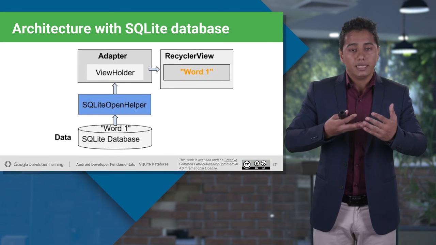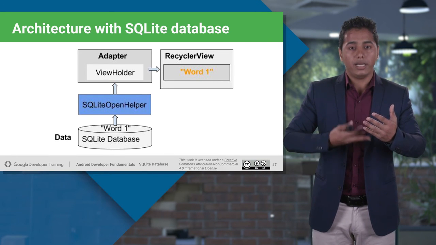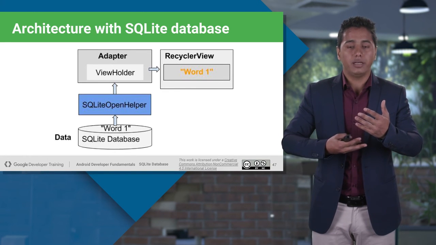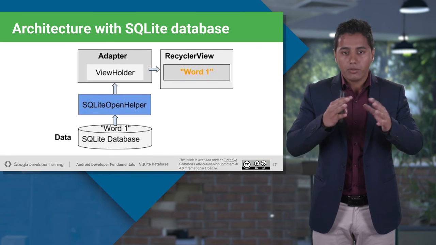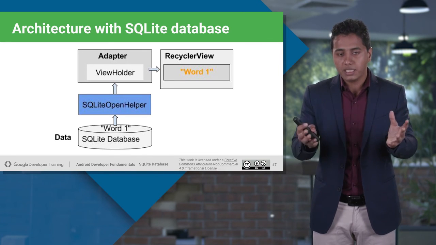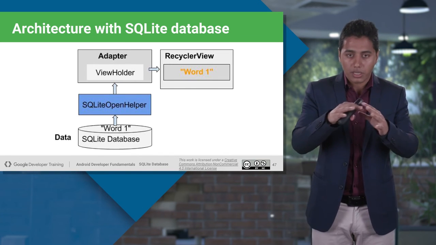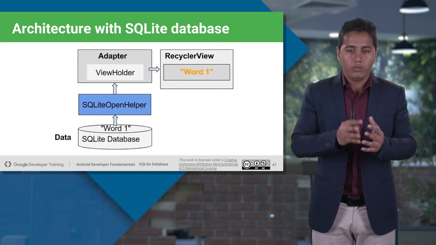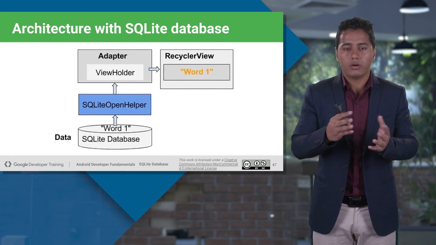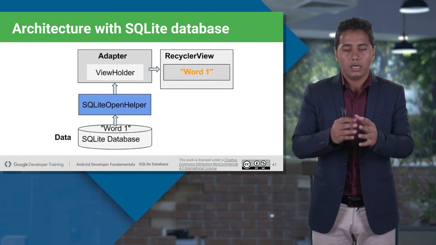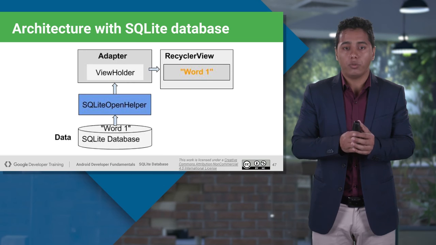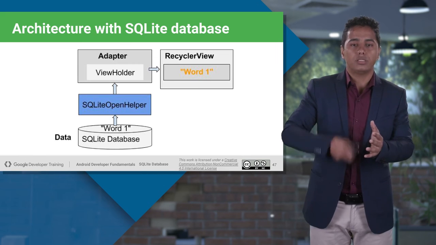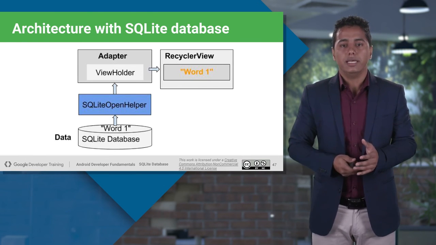Now what we need to know is that previously we were getting the dummy data. Now I'm not getting the dummy data, I'm getting the data from my SQLite database. So how can I create it? First, I will be creating my SQLite OpenHelper class. Inside the SQLite OpenHelper class, I will be putting a database. I will be creating that whole structure. There will be onCreate, onUpgrade, insert query, update, and delete. All those queries will be there inside one class. That will be the subclass of the SQLite OpenHelper class. And then I will use that subclass inside the adapter. And in return, once the data is fetched, the adapter will populate it to the recycler view.